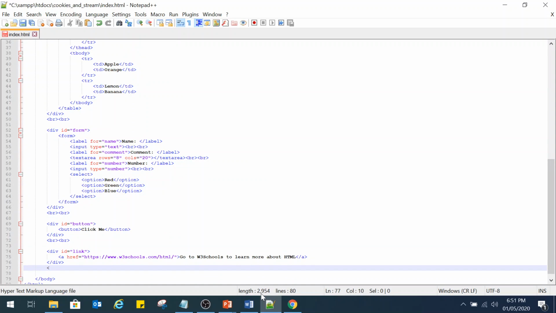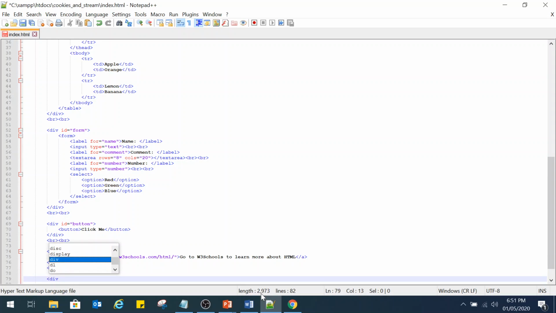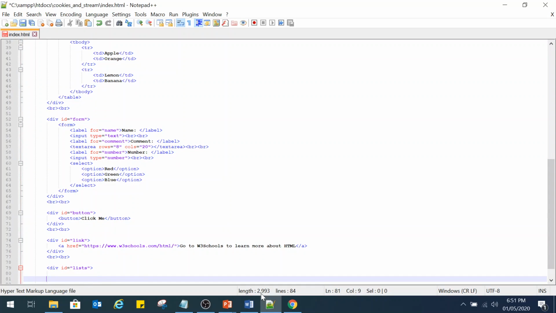Let's add space. We don't want another nested situation. And have a div. Let's ordered lists. Whoa, there you go. And let's close our